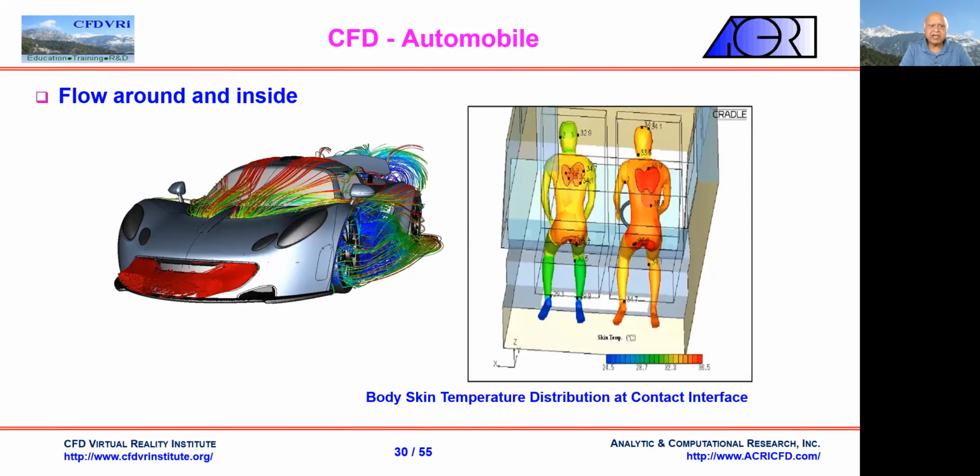There are some engineering applications. It's a flow around and inside a car. Outside the car, it's used to design the body so the drag can be minimized and fuel consumption can be optimized. Inside, we want a comfortable temperature for the driver and the passenger and his companions. So here is a study of the body skin temperature distribution on the contact surfaces inside the